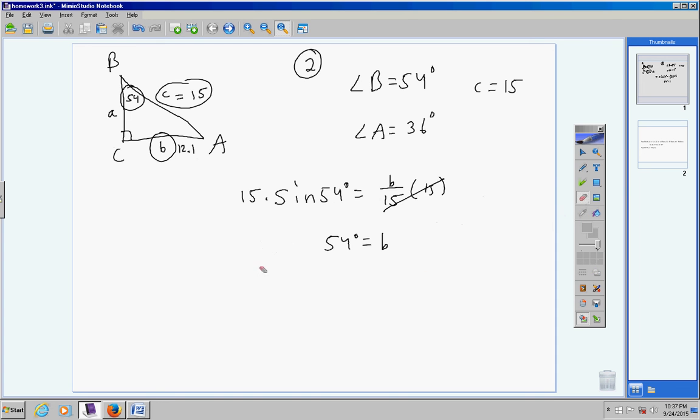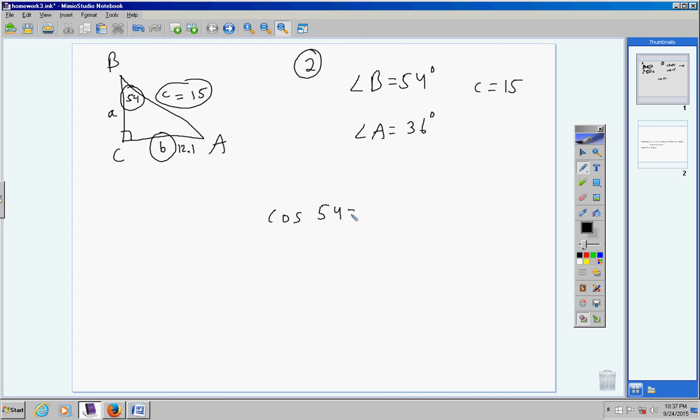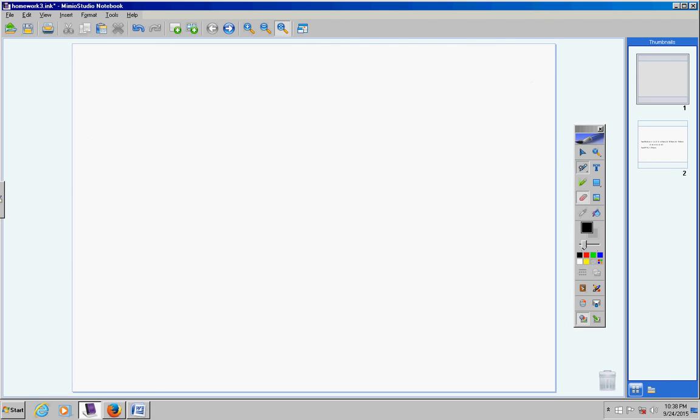I'm actually not going to. I'm going to use cosine of 54. Cosine of 54 equals adjacent over hypotenuse. Multiply both sides by 15, and 15 cosine 54 equals A. I think that's a little faster than using Pythagorean's theorem. 8.81, so we'll say 8.1. And there we go. Okay, so we've solved that right triangle, and here we are on to the next problem,